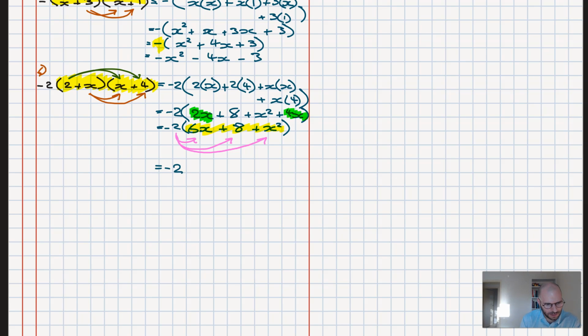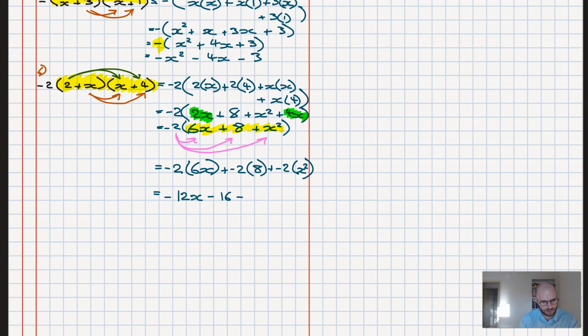That's going to become negative 2 times 6x plus negative 2 times 8 plus negative 2 times x squared. Then simplifying, we get negative 12x minus 8 minus